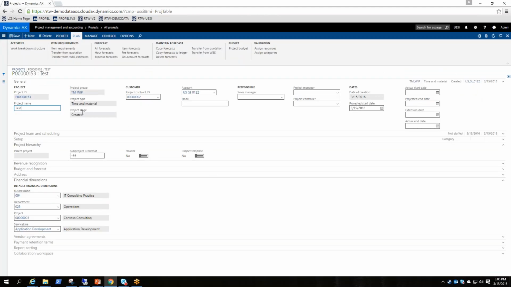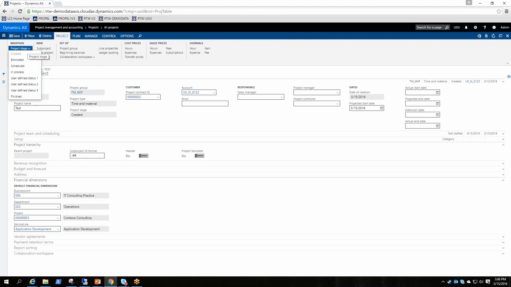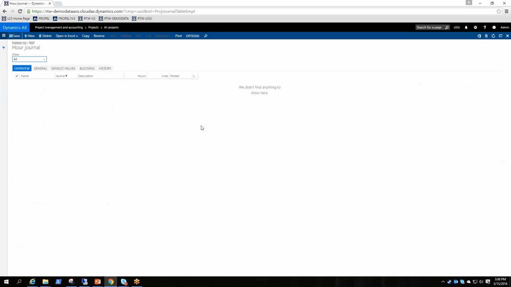The first thing that I note is that if I go to the project tab and look at the project stage, I'm in created stage. That's because it's grayed out. Also on the right side you can see that it says that you're in a created stage over here as well. If you try to do anything from a transaction perspective, so let's try and post hours to this project,